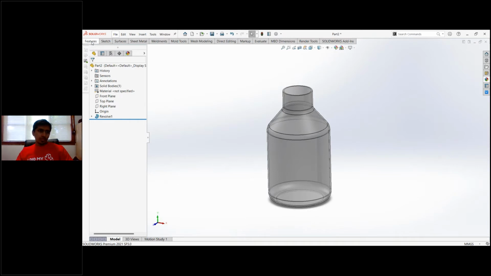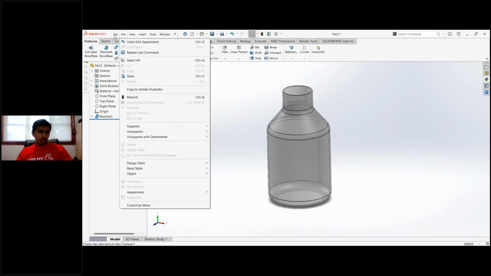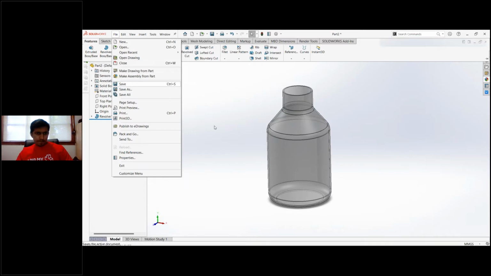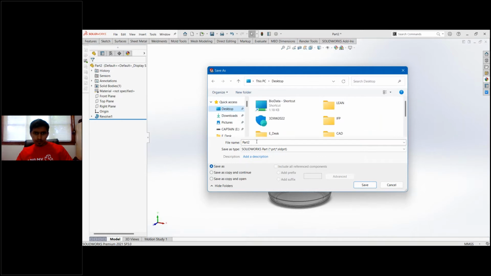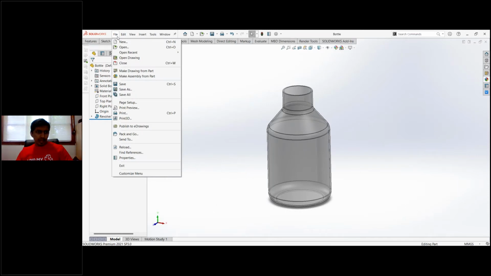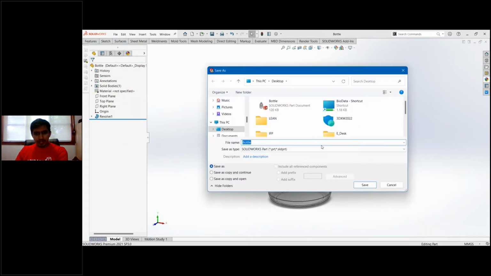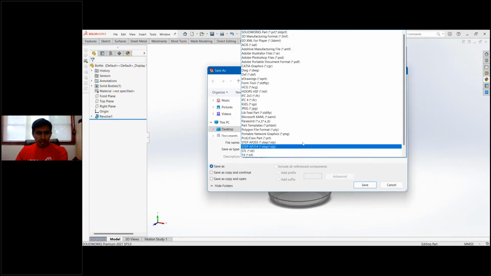We have to save the bottle, and we can export it directly for 3D printing. And also we can save as different part formats, like the STL and IGS extensions, as required.